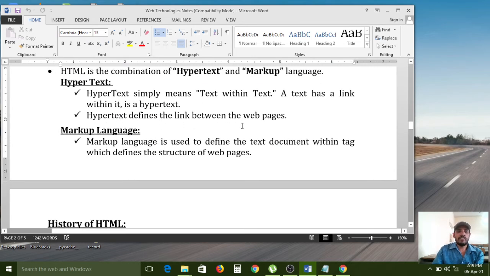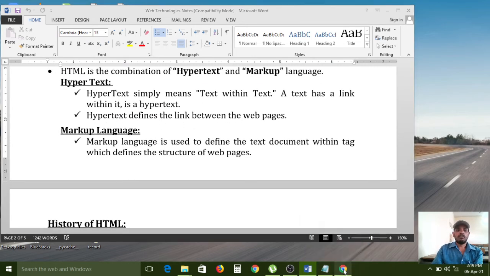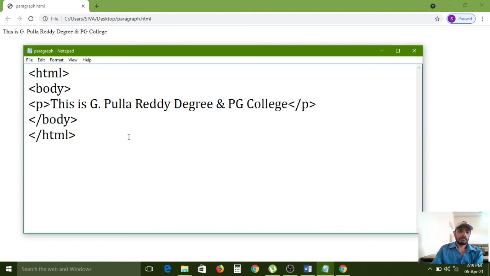Hypertext defines the link between two web pages also. All of you carefully observe.